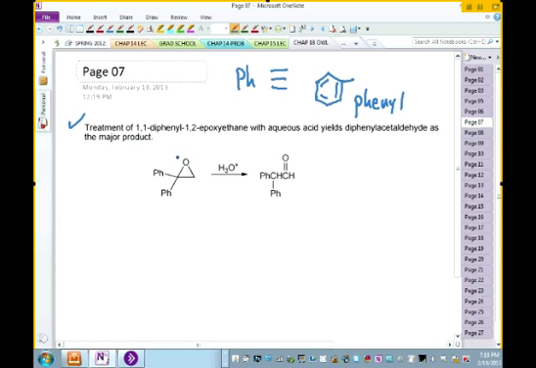Notice the name they've given us here. They are naming this molecule as an alkane: 1,2-epoxyethane. Now they add water to it, dilute acid. And then this is the product they got. Give the mechanism for this reaction. Now let us do this together. This is beyond knowing the reagents, right? Now you have to actually know the chemistry.